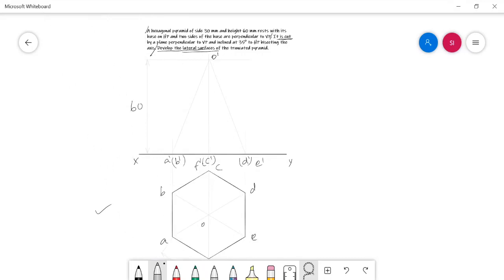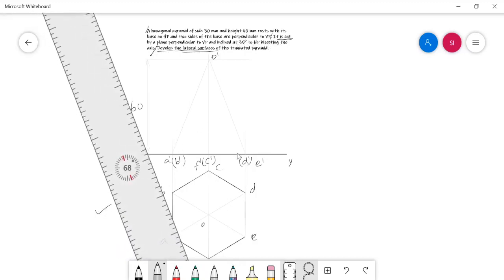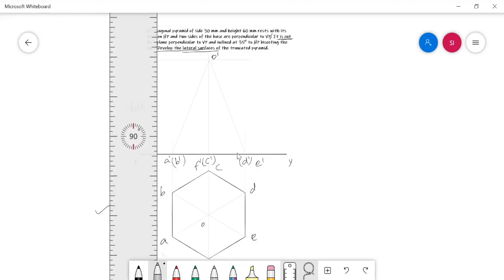Now I have just completed the lateral view of the solid. Now with the given cutting plane I can cut the solid. The cutting plane given in the problem is perpendicular to VP and inclined at 35 degrees to HP, and the cutting plane meets the axis at the midpoint. Since the cutting plane bisects the axis, we need to cut the axis at the midpoint with the given cutting plane. The axis height of the solid is 60 mm, so the midpoint is at 30 mm.